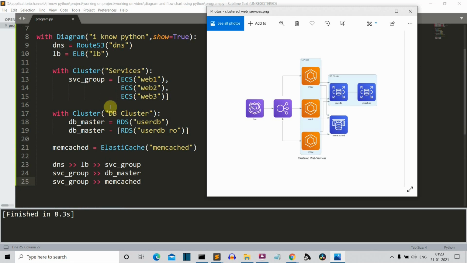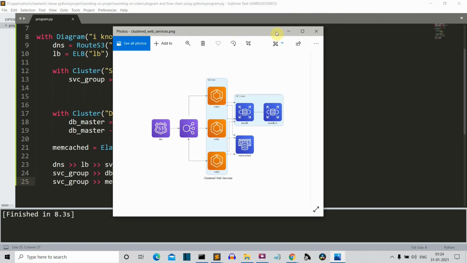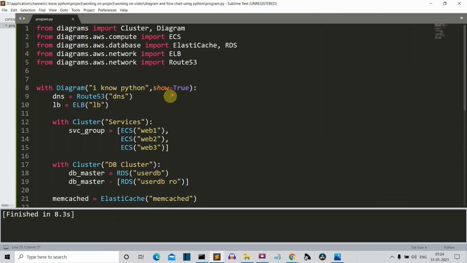Then we have the DB master, these two DB master, and then we have the mem cached. Okay, so here we can see that this SVC group is connected to both the DB master and the mem cached. Here you can see in the image also that this SVC group is connected to this bubble also, and this icon also. Okay, so yep, this was a short introduction of this diagram package.